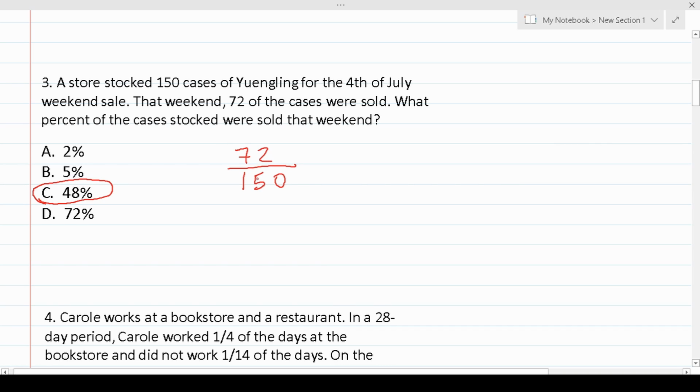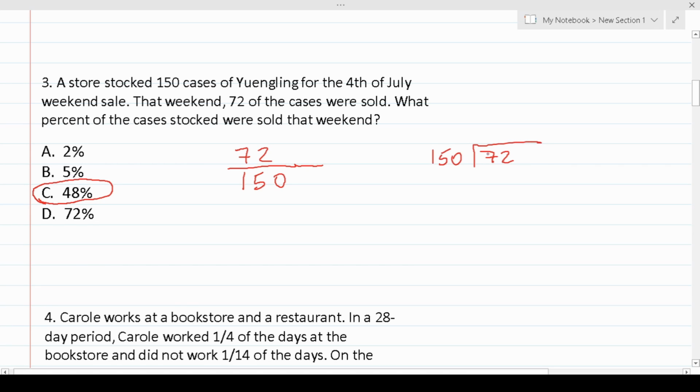Now, I'm going to work this out just to show you how to do this division. That said, just bear in mind that more often than not, you can use your answer choices to figure out some of these questions pretty quickly. But that said, let's go ahead and work this out. Again, all fractions can be regarded as long division. So we can read this as 72 over 150 or 72 divided by